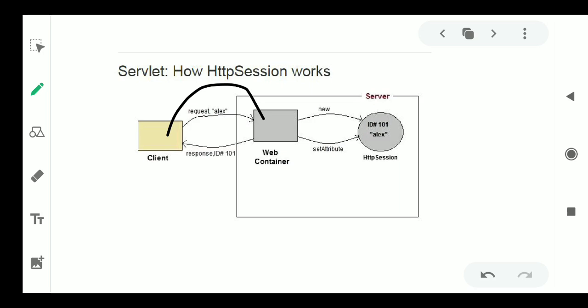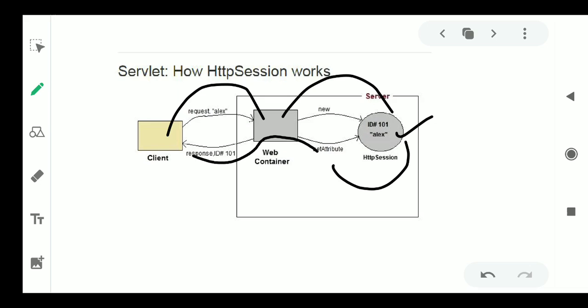Once the request is a new request, the web container will create one HTTP session. It will create one ID, that is ID 101, and it will store this ID in this HTTP session using setAttribute,